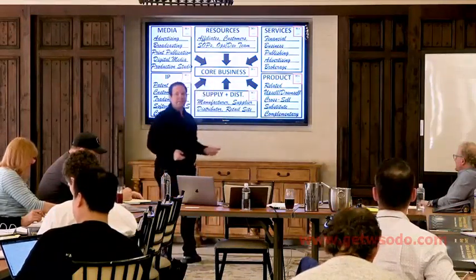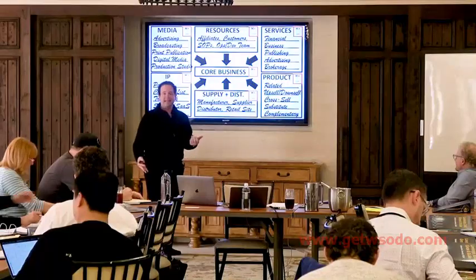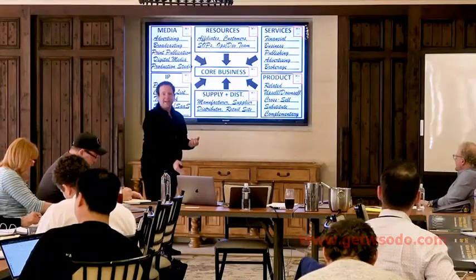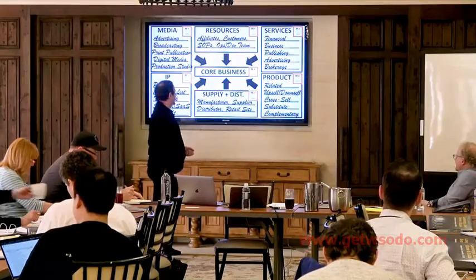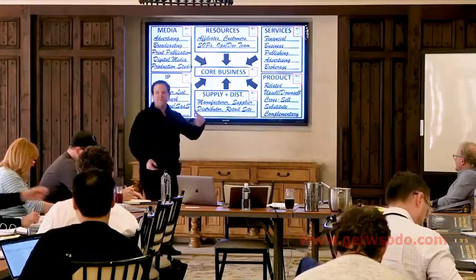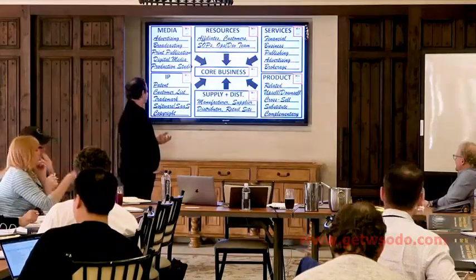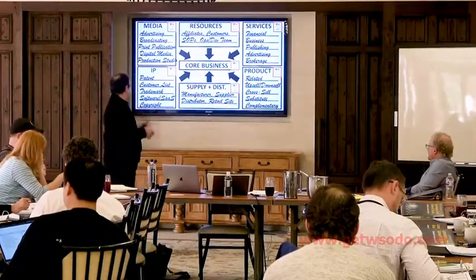Substitute products, complementary products. What are they buying instead? What's the decision they're making to buy when they decide not to buy your product? Just go buy that so you get both sales, right? And then supply and distribution, manufacturer, supplier, could be distribution, website, that kind of thing. So that's, and then, IP.